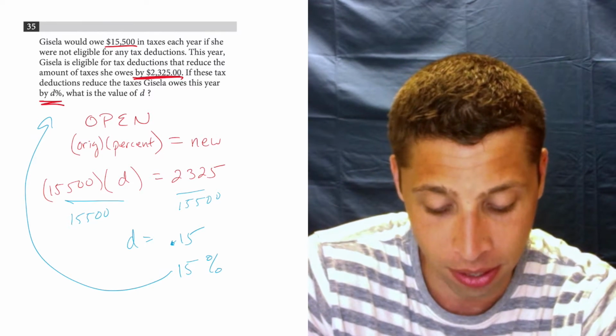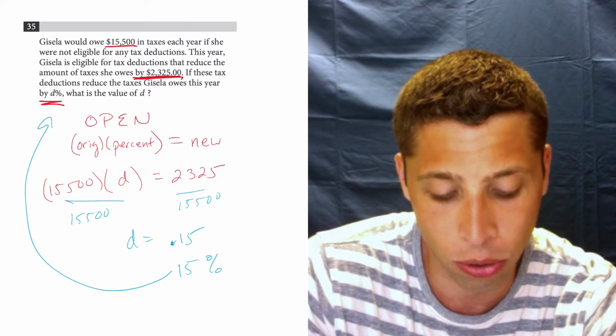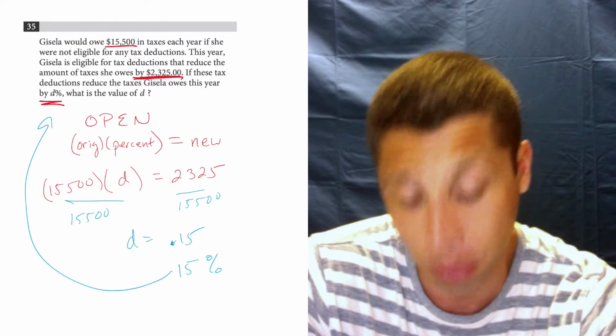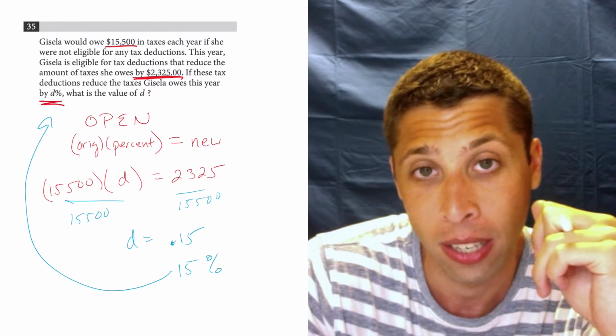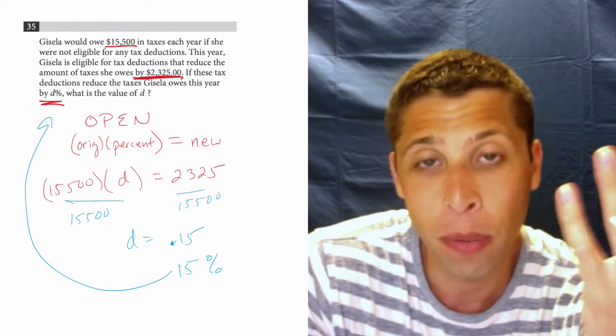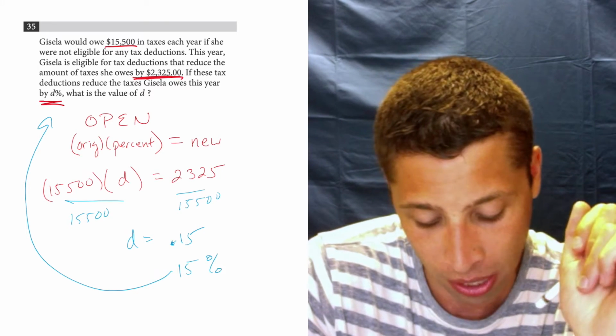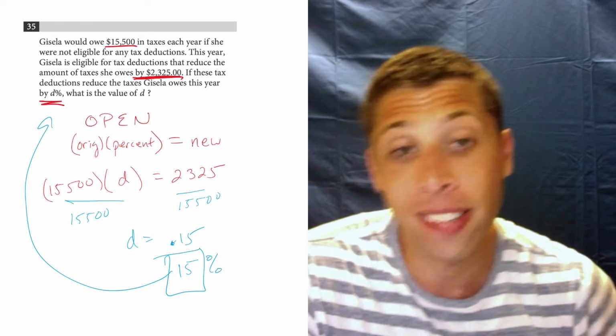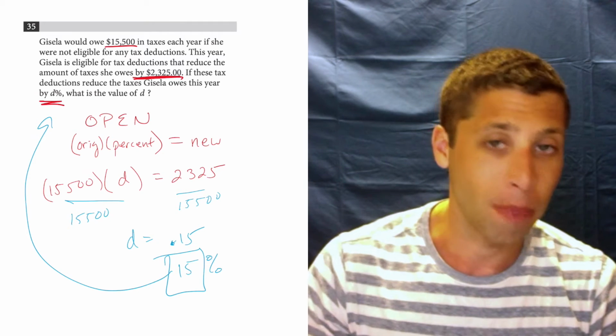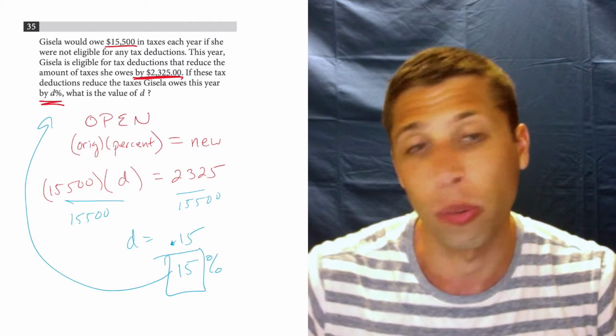If these tax deductions reduce the taxes Gisela owes this year by 15%, what is the value of D? So it would be weird if it was 0.15%. That's a very small percent. 15 makes much more sense. So 15 then is our answer, and I think you probably would have gotten that just using whatever traditional methods you have,